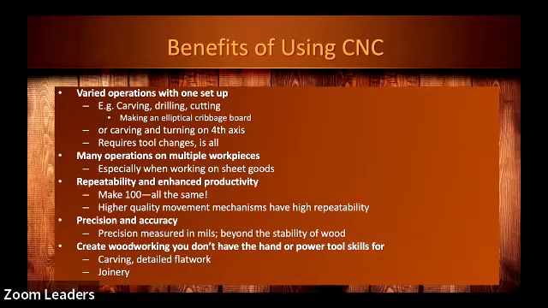So that was the short answer to that question. In one setup, for instance, the example that I'm using here is making an elliptical cribbage board. You start with a rectangular piece of stock, clamp it down to the machine, put in your tool paths. You can cut your fancy engraving, drill all your holes, and cut the elliptical piece out of that rectangular piece of material without ever changing your